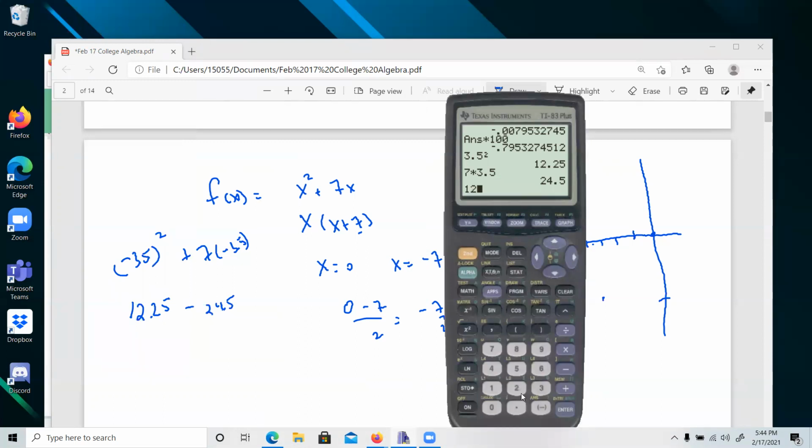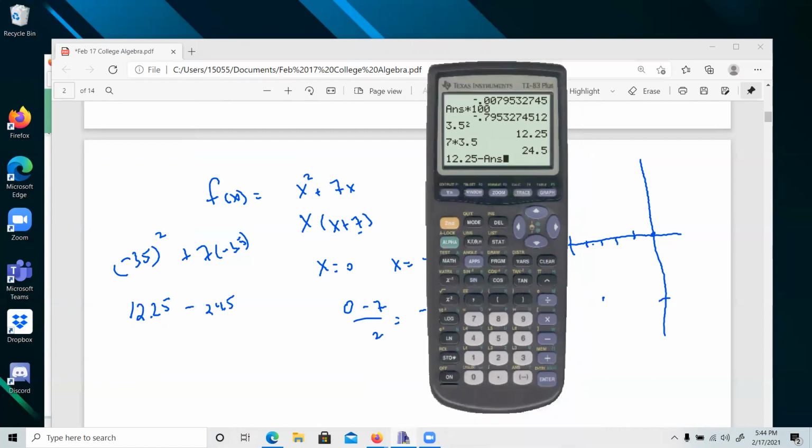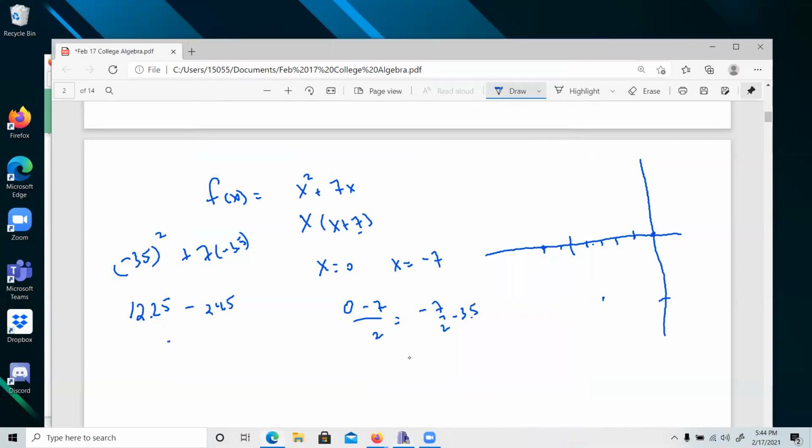We want 12.25 rather, minus 24.5. That gives you the last answer that you have. That second function, the sign with the A and S down there, I think every TI calculator has one of these. It just brings out the last thing you had as an answer. Okay, negative 12.25. Of course it is. So we'll say 1, 2, 3, 4, 5, 1, 2, 3, 4, 5, 12.5 down here. All right, so here's our